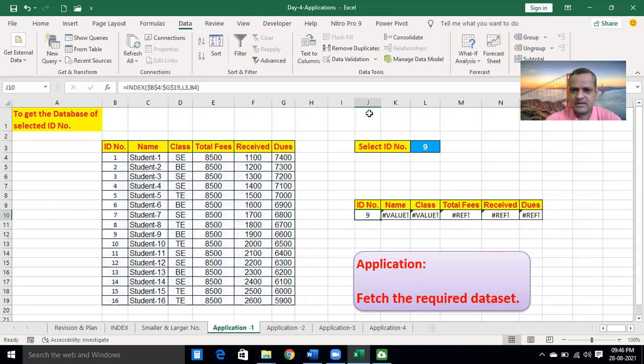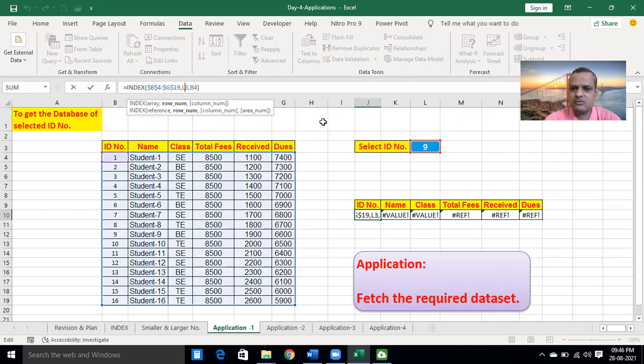How to lock the row number? Again, go to the J10 cell. Which cell is representing the row number? L3 is the row number.